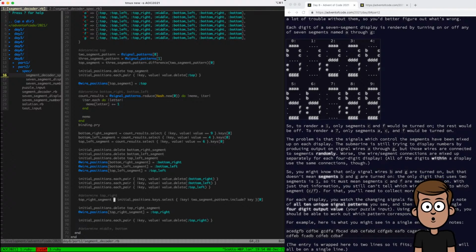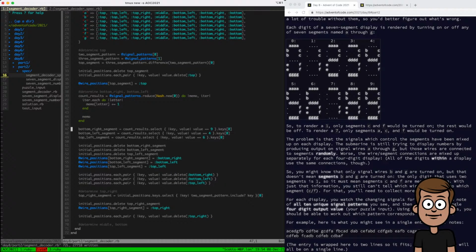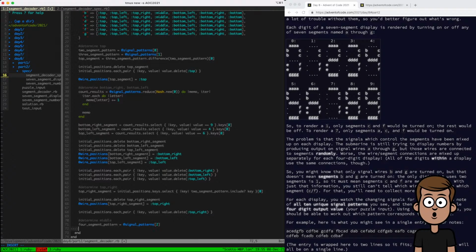Bottom, 46. Let's get rid of this pry. So we can determine middle by figuring out the 4th one again. Or I guess we never ended up doing that. Okay, so 4 segment pattern, signal patterns, sub 2, and then we do,